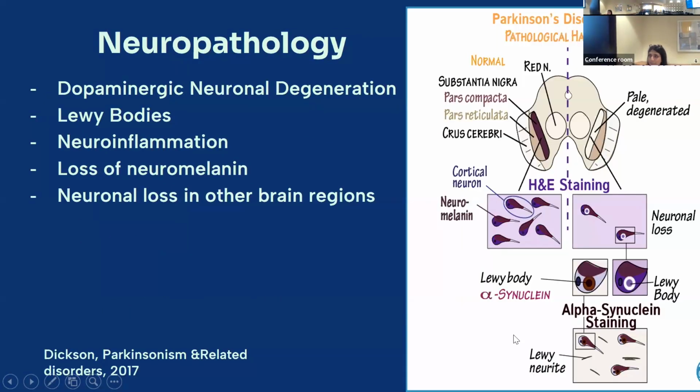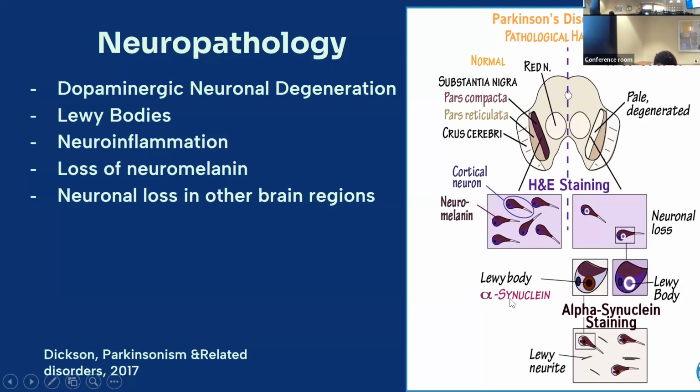So just some neuropathology to remember Parkinson's disease. These are the 5 hallmarks. The big one that we know: progressive degeneration of dopamine neurons in the substantia nigra pars compacta. These neurons are what make dopamine, which is needed for coordinating movement. As these neurons degenerate, dopamine levels decrease, which leads to the motor symptoms in Parkinson's. And then our Lewy bodies.